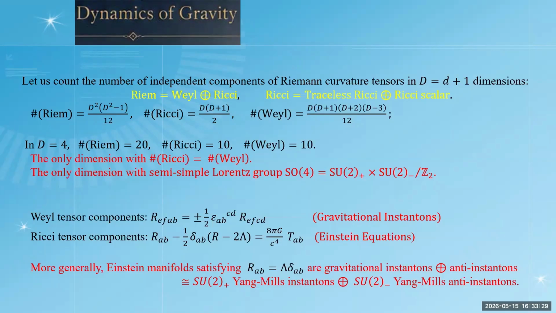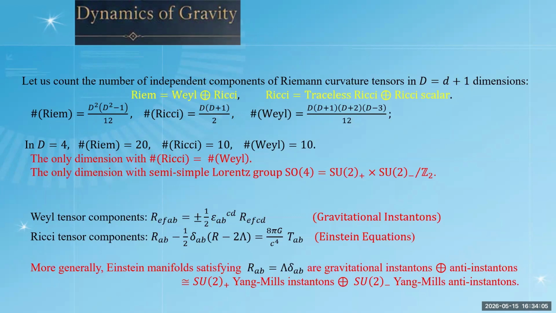In some sense, 4 dimension is special, and this is the only dimension with the number of Riemann tensor components equal to the number of Weyl tensor components. Also, 4 dimension is special in that sense: we have this group SO(2,2), and this is the only semi-simple group. If we go to higher dimensions, then the Lorentz group becomes a simple group. And this splitting is actually very interesting